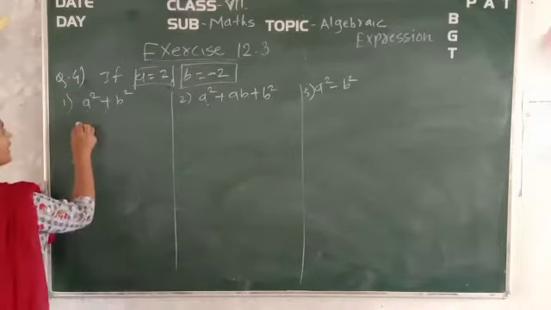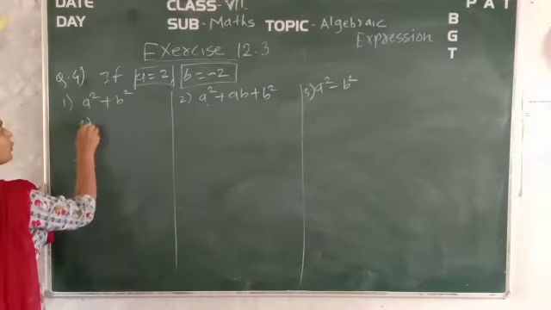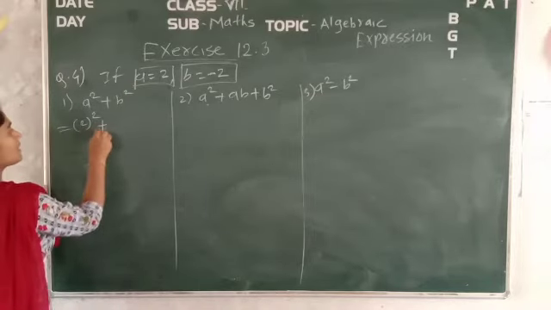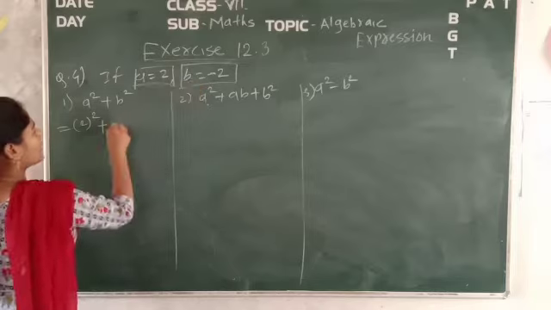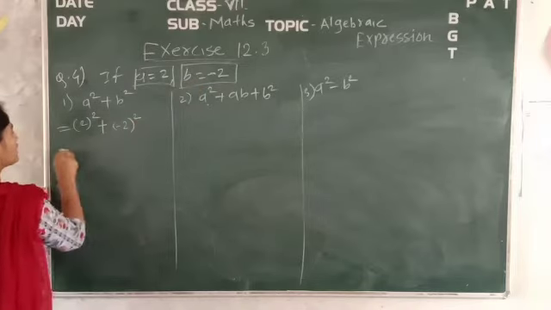Let's carry forward, that is a is equal to 2. So 2 square, which is equal to plus, what is the value of b? It is minus 2, minus 2, its square, which is equal to, what is the square